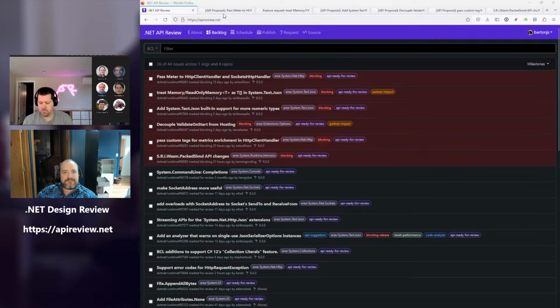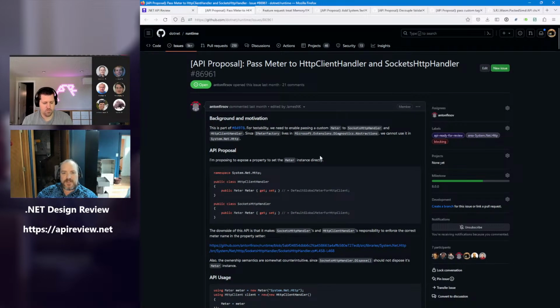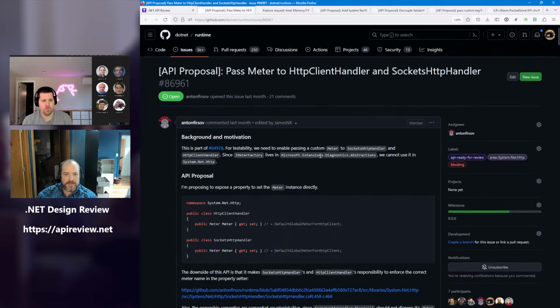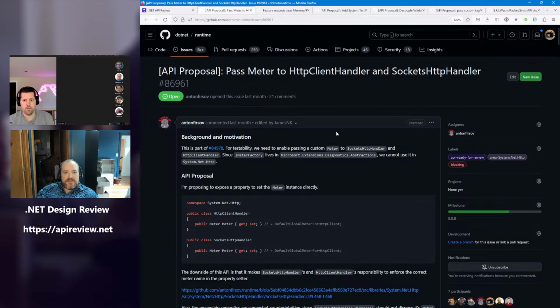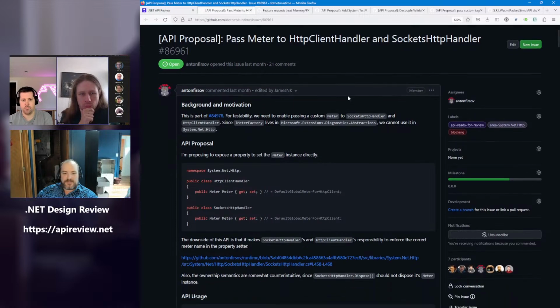And yeah, so first up, repeat, I think, is pass meter to HTTP client handler and now also sockets HTTP handler, or other way around, or whatever. 869 or 61. Yeah, so we had offline discussions after this.